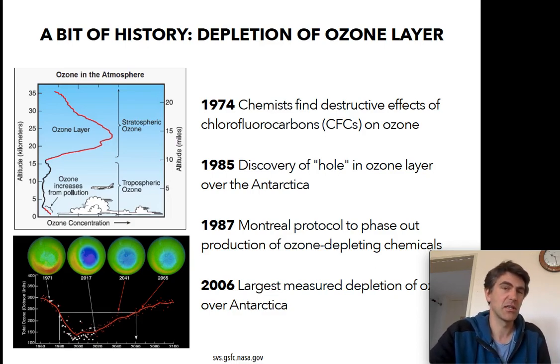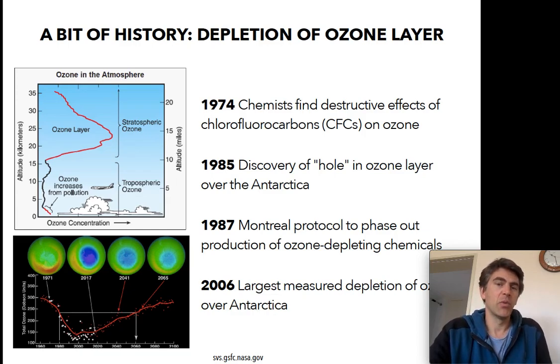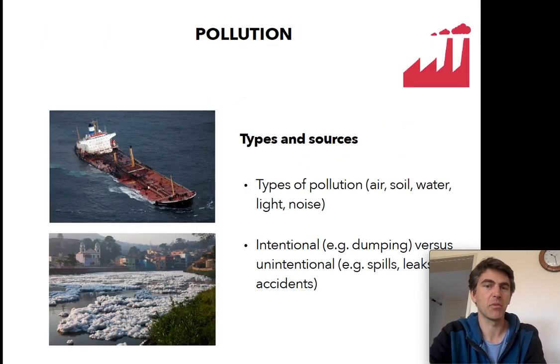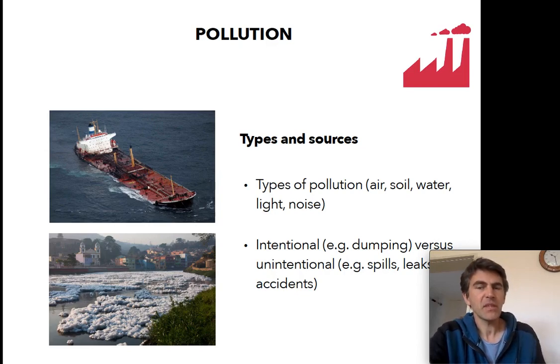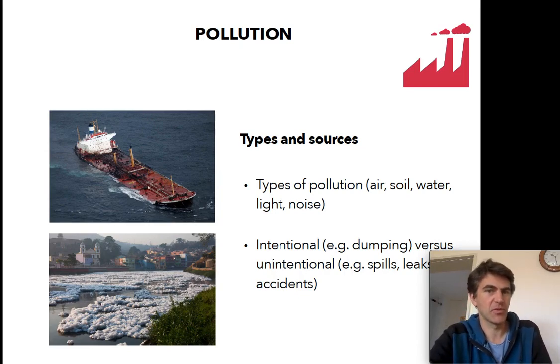For global climate change right now, we sort of lack a good commercially viable substitute for the greenhouse gas producing substances that we're currently burning. So a little bit of a different story. Anyway, the point here very briefly is that there have been other global pollution problems and some of them have been resolved. Generally speaking, there can be different types of pollution, as we've seen already from these examples, intentional and unintentional. So there can be accidents, but there can also be intentional types of pollution.